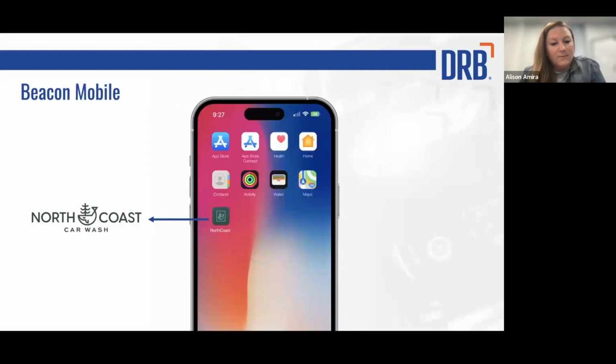Okay, so when it comes to the car wash industry, this begs the question to any car wash owner, are my customers willing to download my app? And what we have found is that the answer is undeniably yes, but only if you're able to incentivize the customer to download and communicate the key benefits of the app that they are going to get upon downloading. So like I mentioned in the Starbucks example, what motivates most consumers to download their app is the ability to make purchases easier, earn loyalty points, and get messages or offers that matter to them.